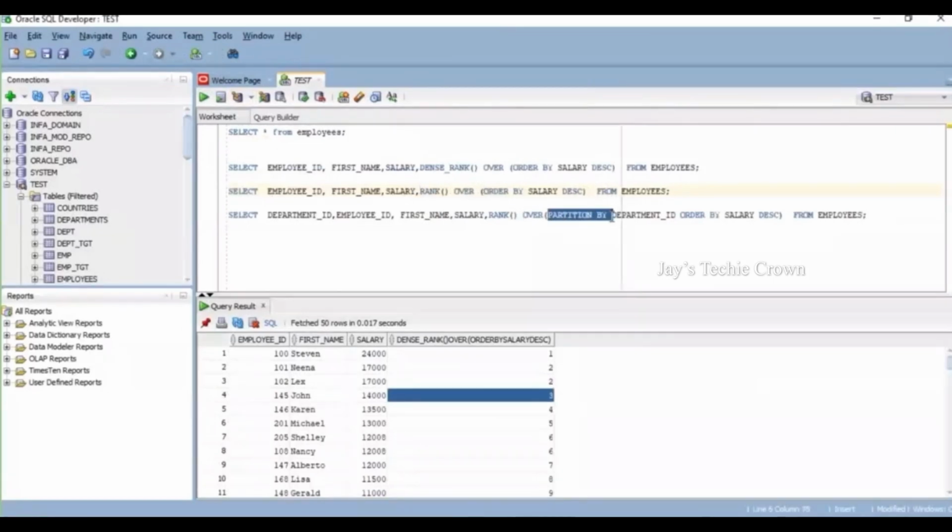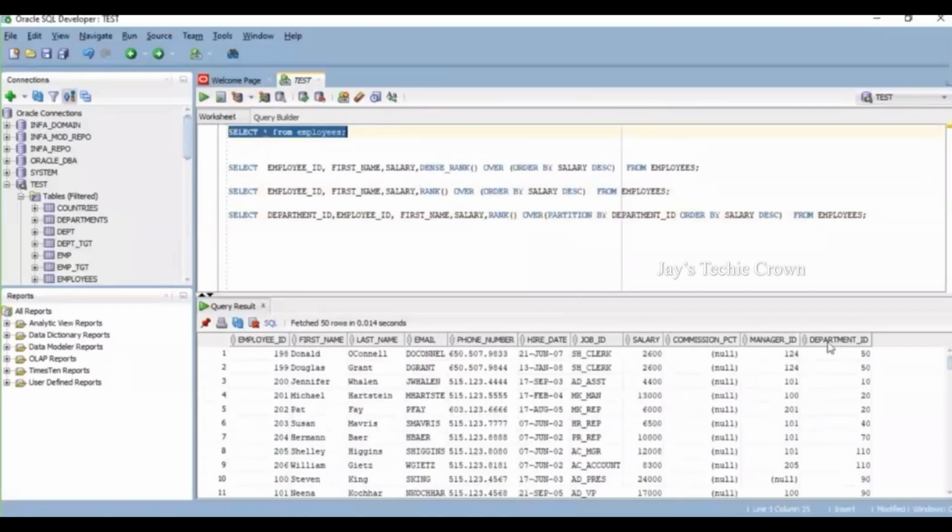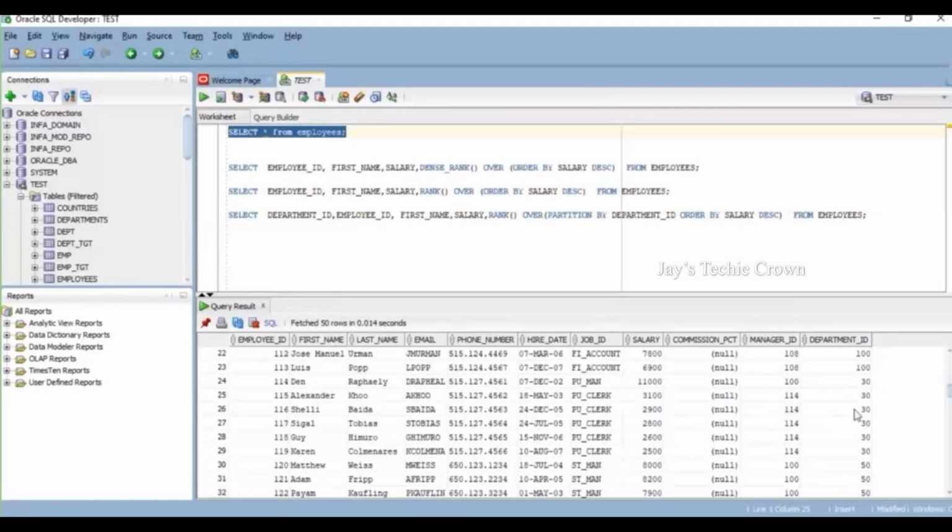As I said before, partition by creates multiple segments and then performs the sort on the segments that are created internally. Now let us go to the employee table and see we have several departments: department ID 50, 10, 20, 40, 110, 100. There are different employees assigned to the same or different department IDs. If I want to find the person who got the highest salary within the department, the department is a segment which I want to create. That is the reason I go ahead with partition by department ID.